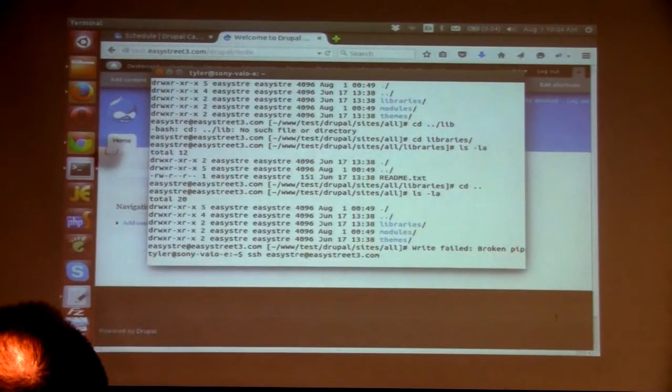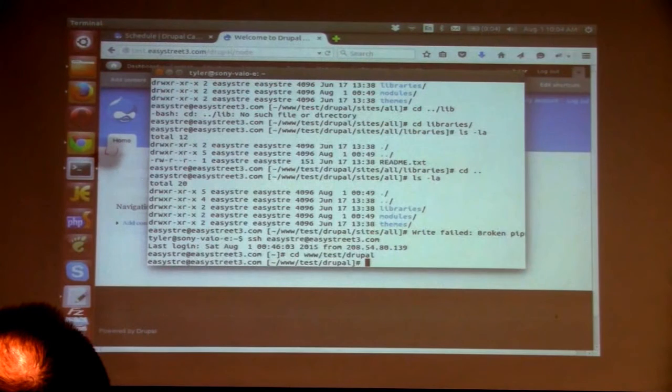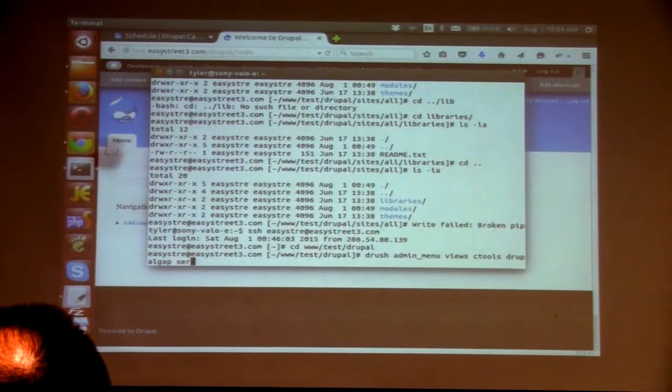Okay, so I'll SSH into my site. And for those who've never heard of it, be sure to check out Drush. It will save your Drupal life. So I'll use Drush to grab a bunch of modules that we're going to need. So I definitely want the admin menu module. Let's grab like views, ctools, DrupalGap, some dependencies of DrupalGap,